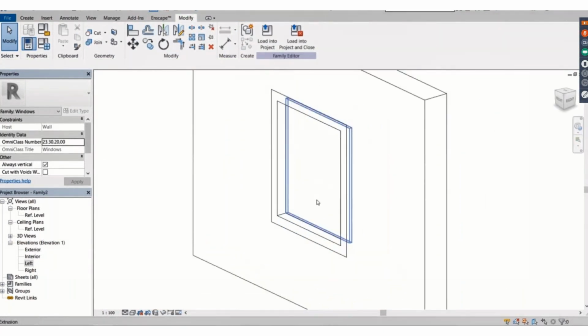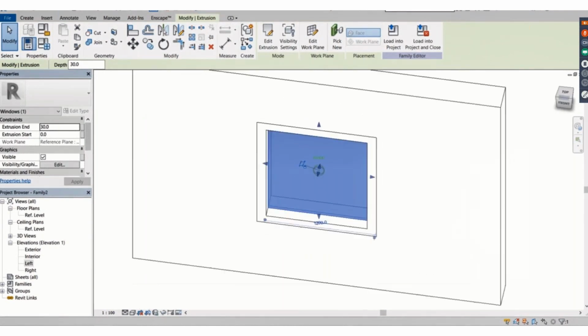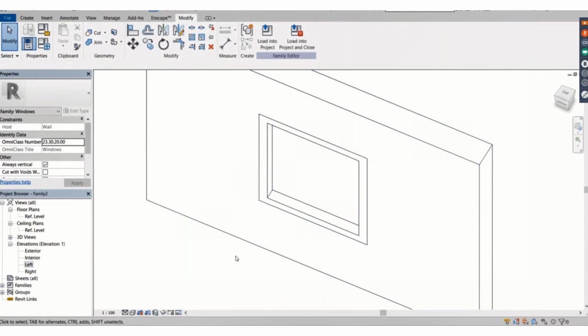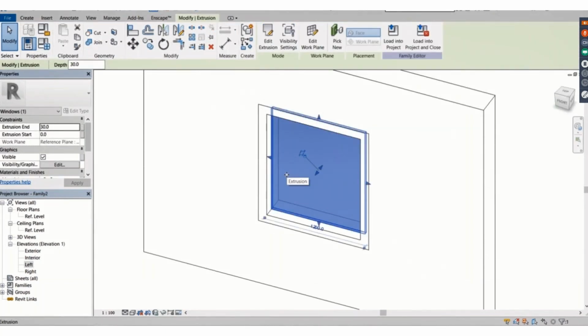Okay, so now we're looking at the 3D view, and we can see there's our glass piece over there, and we can pan around and see that it is in fact sitting in the center, and that it's exactly how we intended it to be. And you can see over there that the glass piece isn't yet see-through. Revit obviously doesn't know by itself that it would need to be see-through, so we would need to change the